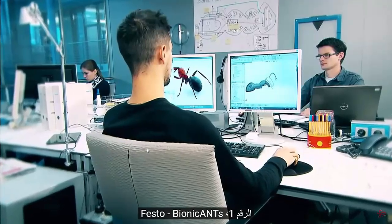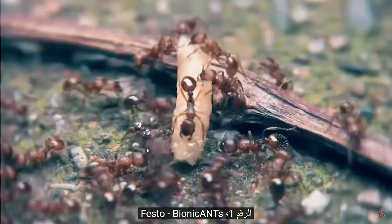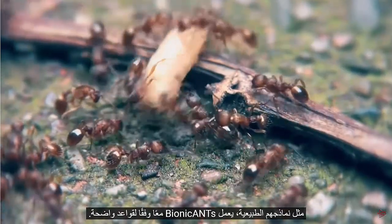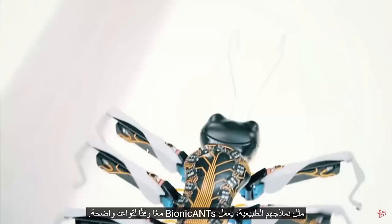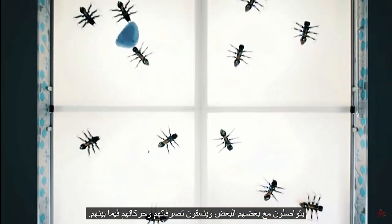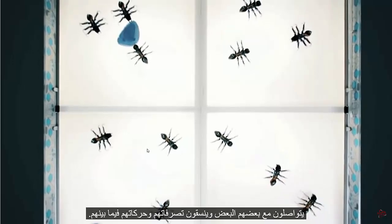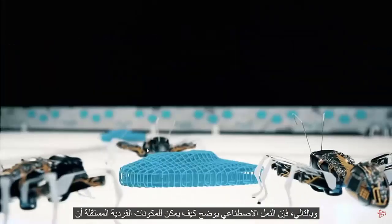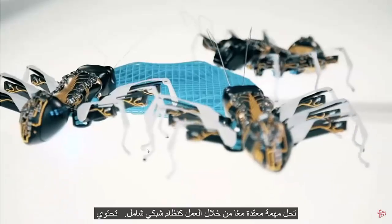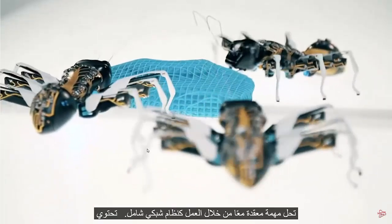Number 1. Festo Bionic Ants. Like their natural role models, the bionic ants work together under clear rules. They communicate with each other and coordinate their actions and movements among each other. The artificial ants thus demonstrate how autonomous individual components can solve a complex task together, working as an overall networked